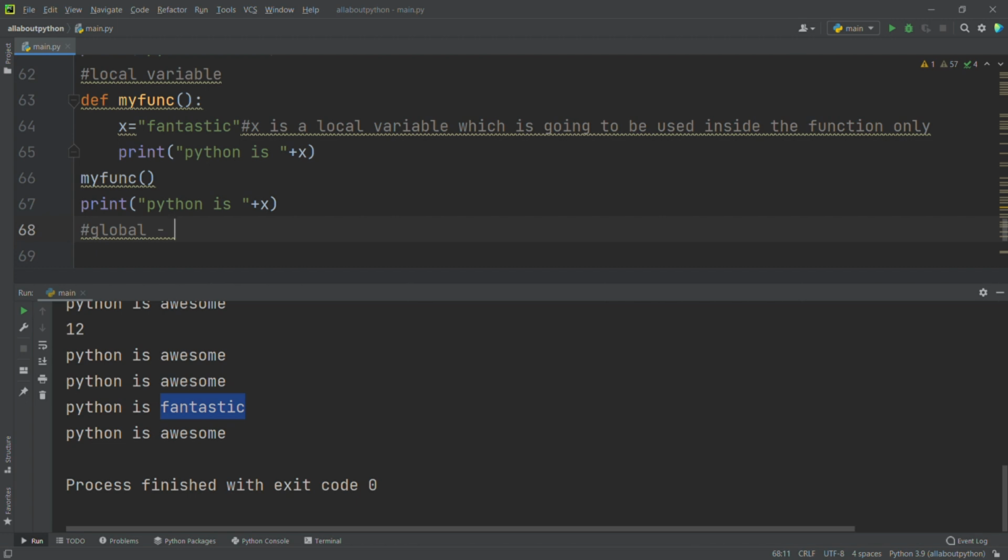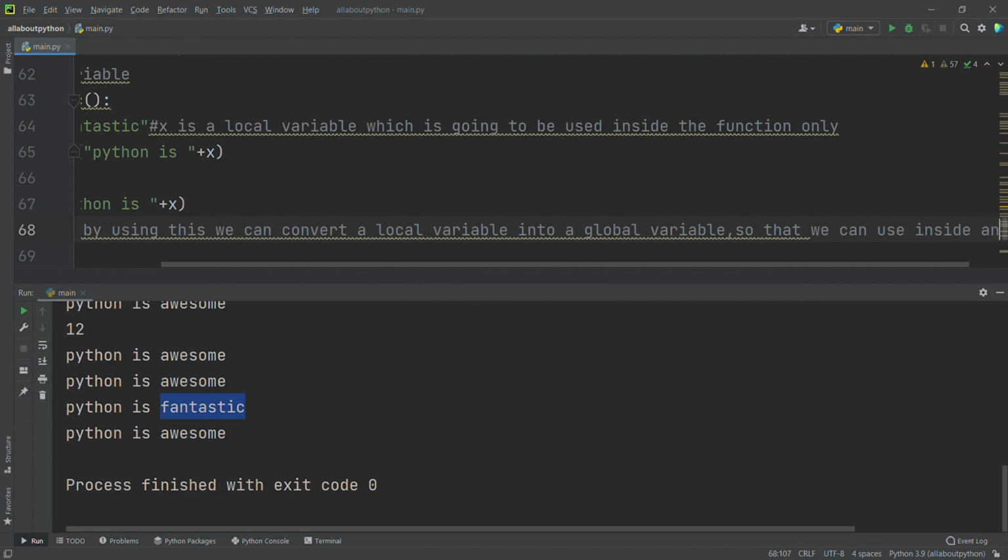So by using this we can convert a local variable into a global variable so that we can use it inside and outside the function.